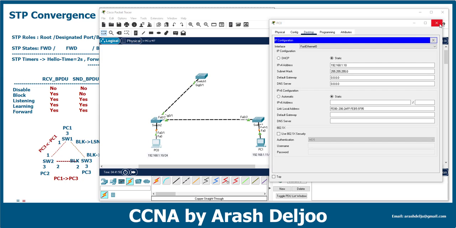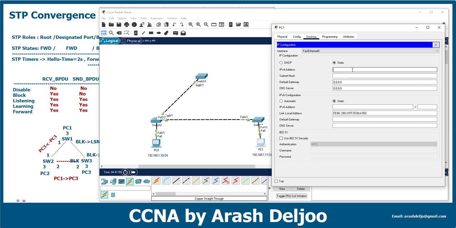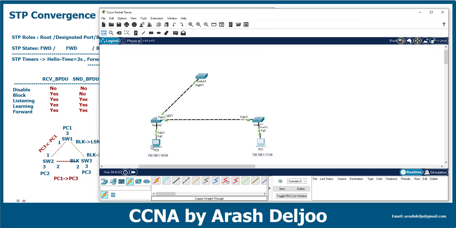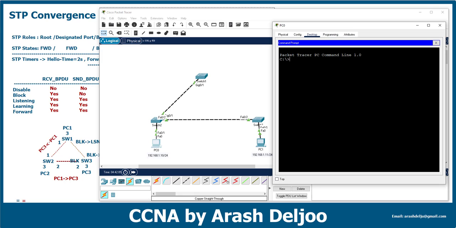So easy. After that, this computer, okay, 192.168.111. Let me check the connectivity between these two PCs from the PC1. This is the PC from PC0. This PC now can send traffic in command prompt